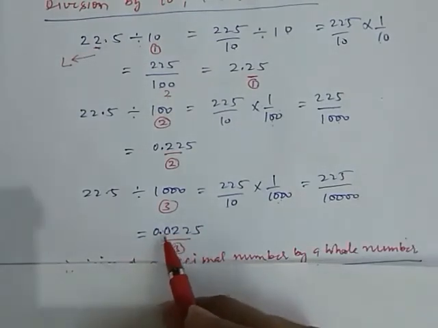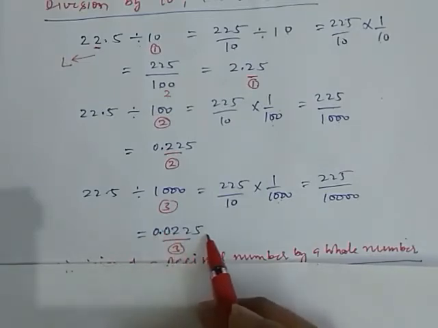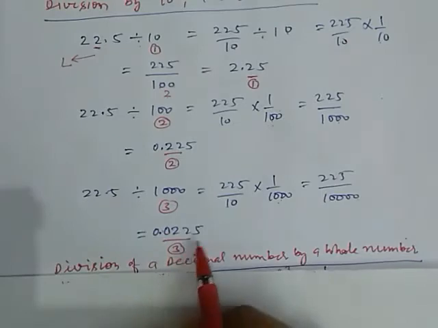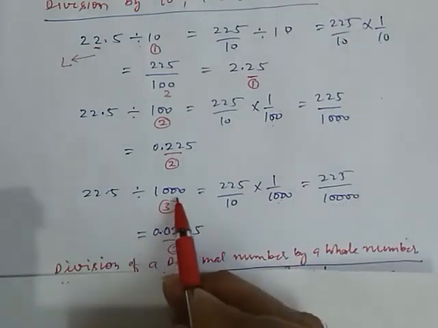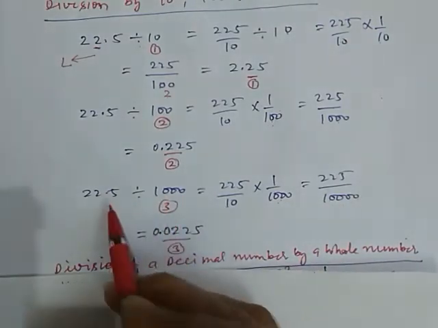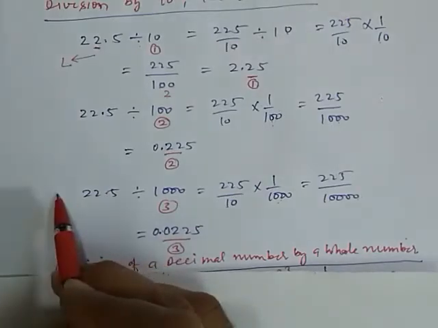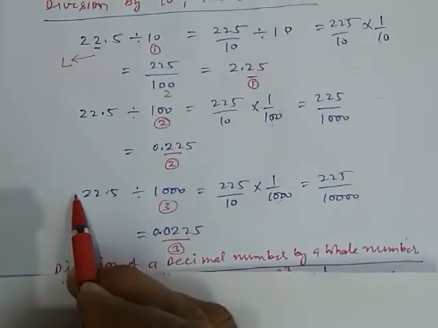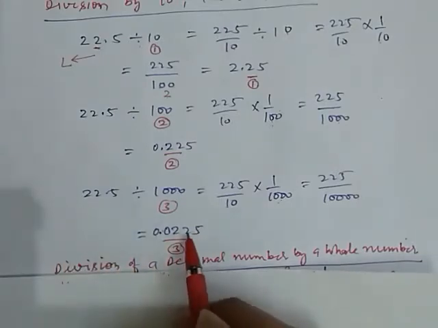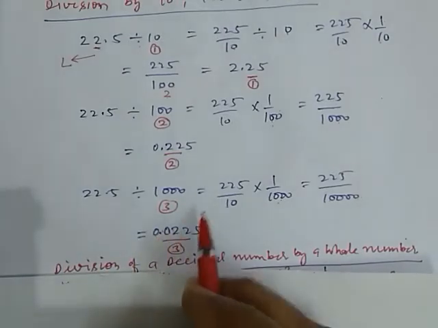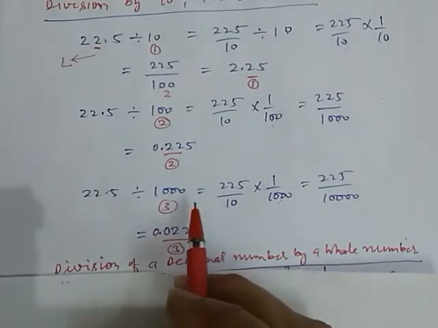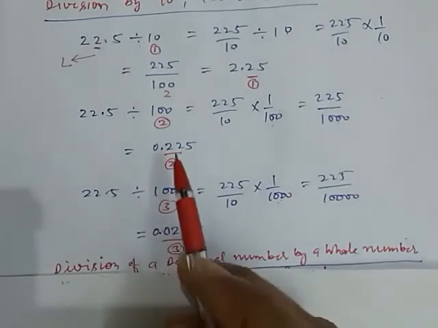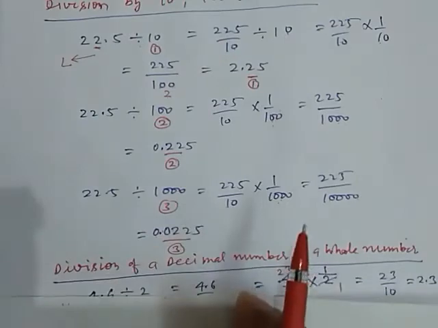If there is no number, we have to put a 0 to balance the digits, okay. But see how many zeros are there? 3. So we shift this decimal to the left side. How many digits? 3 digits. 1, 2 and put 1 zero and then the digit. 1, 2, 3 and this. So in this way we can perform our division by 10, 100, 1000 and so on.